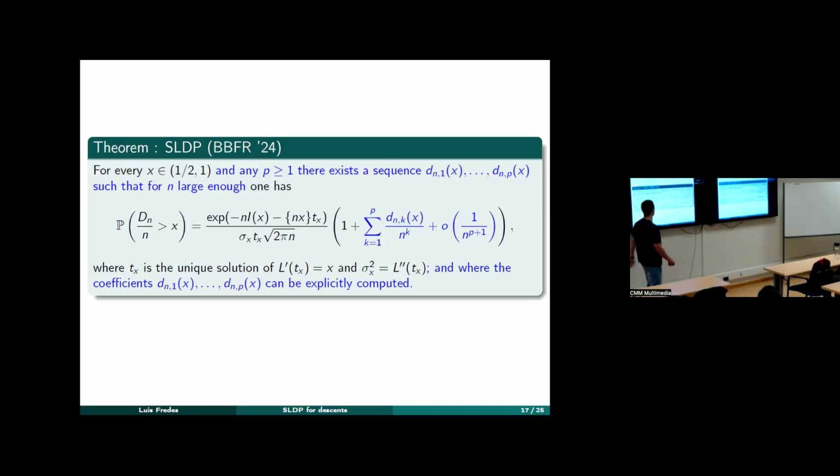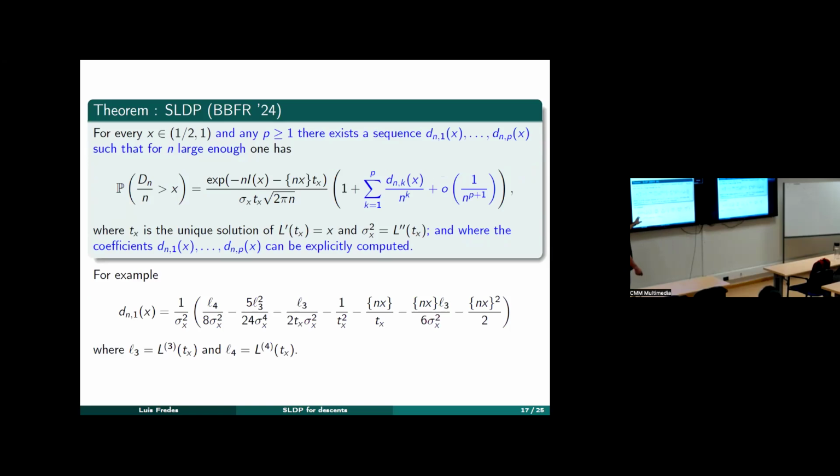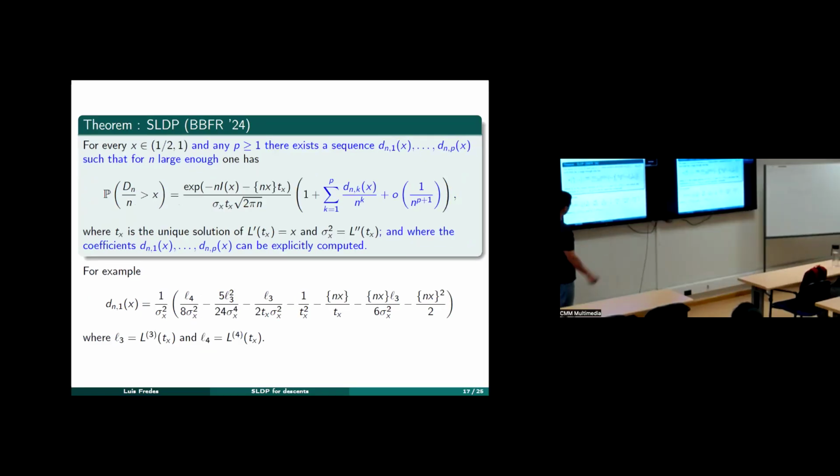order, let's say. So basically, what we realized is that for any P, there is a sequence such that for n large enough, we can give the description of this where these coefficients could be explicitly computed. For example, dn1, these are disgusting. We couldn't do any better to express them. So basically, these expressions are in terms of the higher order derivatives of the log Laplace transform that we spoke of before. And to show you a little bit of what we did, I will try to explain how